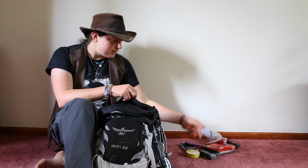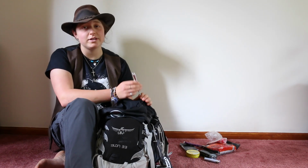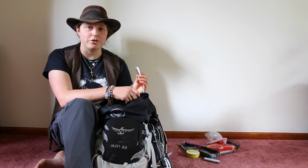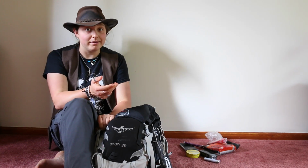Then I've got a lighter, I'm not sure why that's in there, and then a 2+2 capsule. So this is always in either this bag or whatever bag I'm taking with me. It's just got some financial backup in there if I get caught short. I just never know. The idea is not to open it, but...